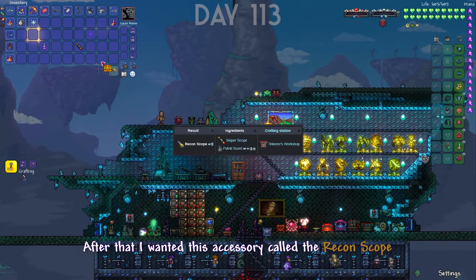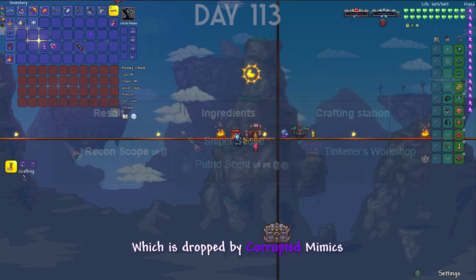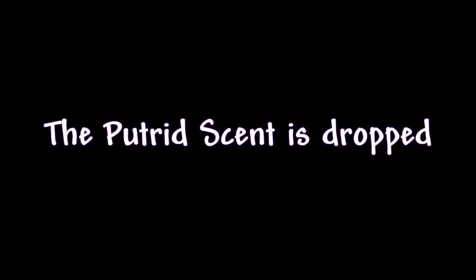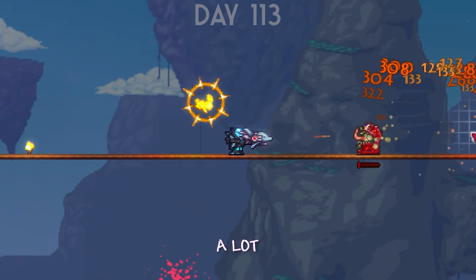After that, I wanted this accessory called the Recon Scope, which is made by combining the Sniper Scope with the Putrid Scent, which is dropped by Corrupted Mimics. Now let me repeat that. The Putrid Scent is dropped by Corrupted Mimics. I don't know why my peanut brain thought that Crimson Mimics would drop them, so I spent a lot of